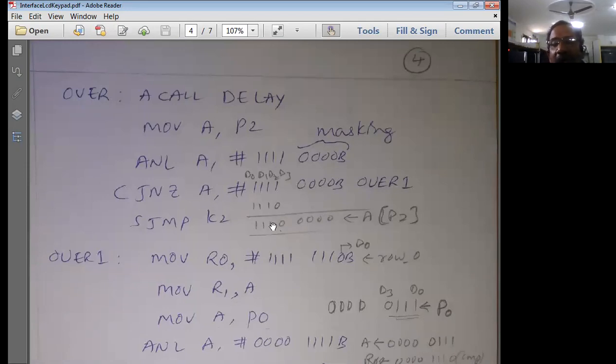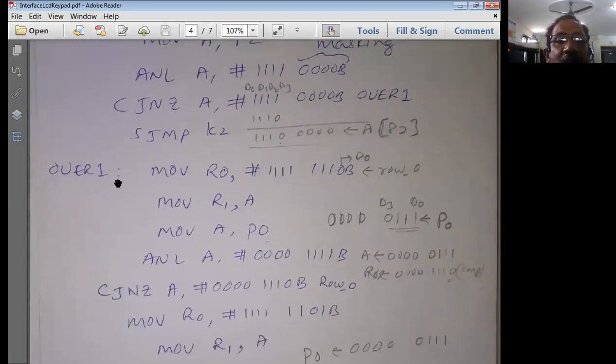Nothing else is going to happen here. I'm going to ensure that whatever key has been pressed, it is the key that we are looking for. That's it. It is the key that the microcontroller is looking for. So after we ensure that, the control goes to the next state. So now here we have to test the row.